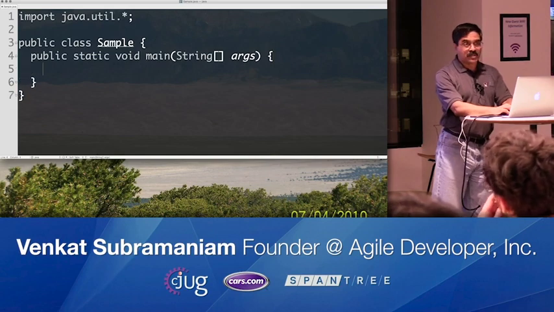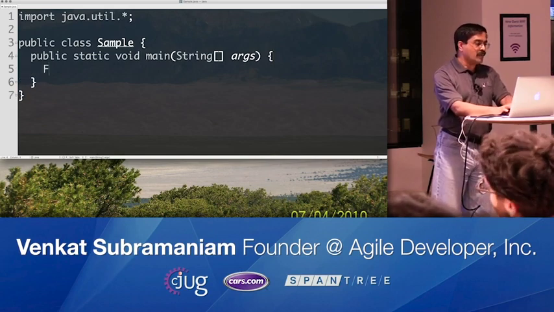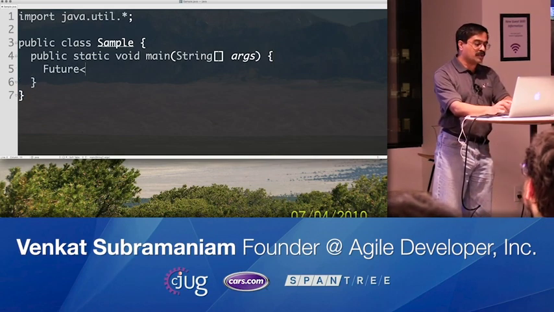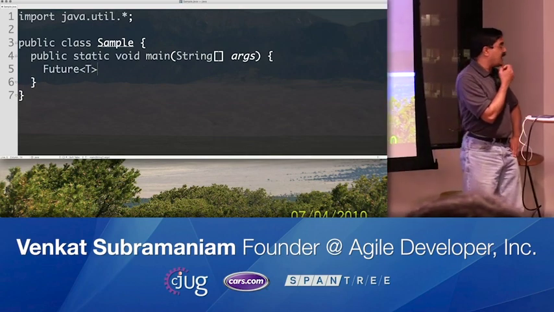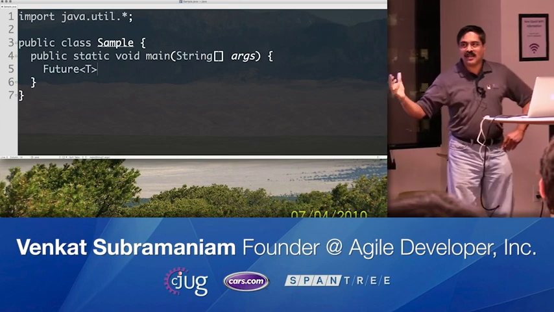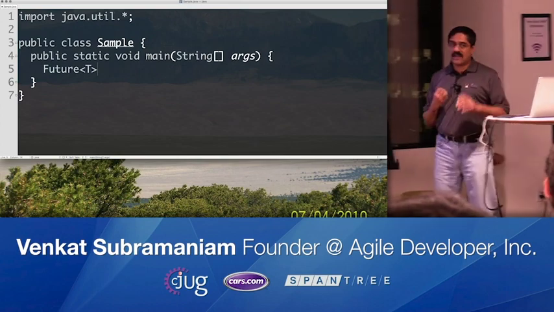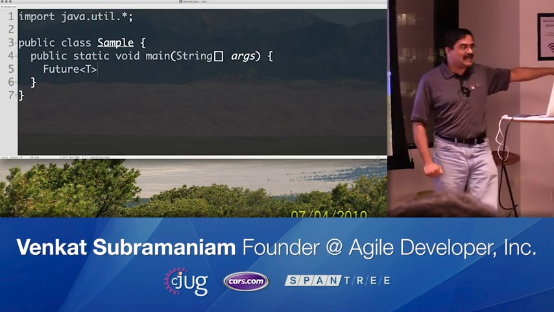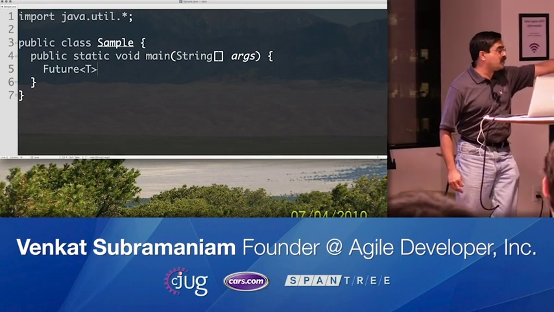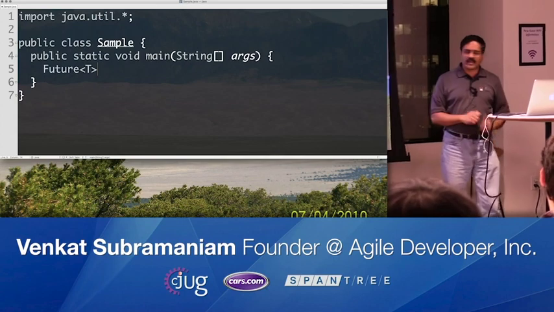So this comes in Java 5, where when you call a method, it can return some kind of a Future back to you. Now this was exciting. Hey, if I call a method, it'll return a Future to me, and that particular function can go off and do its work, and when it's completed, it would send the response to me through the Future. That sounded like a great idea.